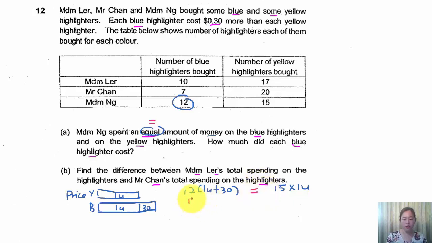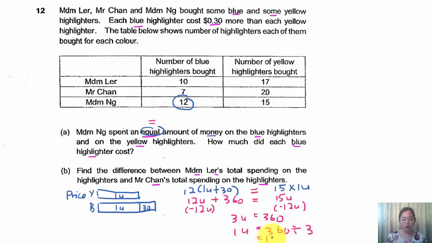So now we can see that 12 unit plus 12 times 30, which is 360, is equal to 15 unit. So if we don't want the 12 unit here, we would have to minus 12 unit from here as well. So 3 unit is equal to 360, and 1 unit is equal to 360 divided by 3, and it will be 120. So 120 will be the price of the yellow